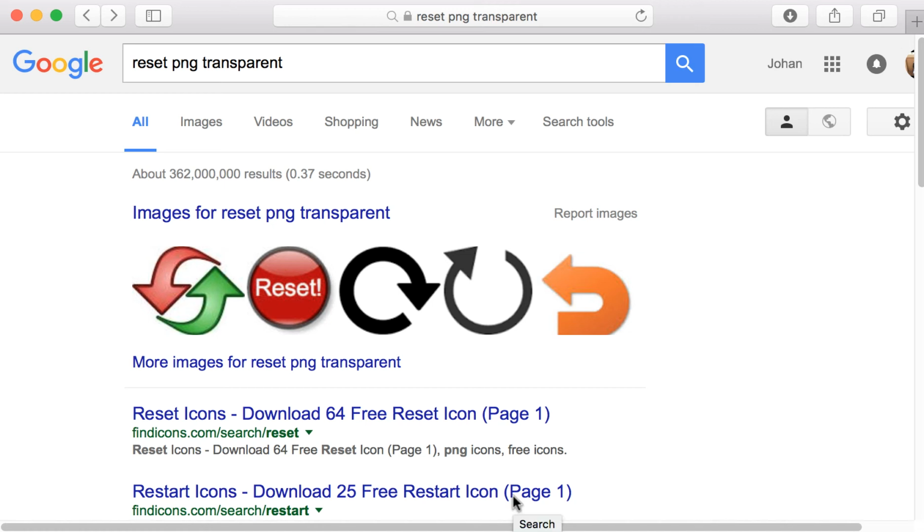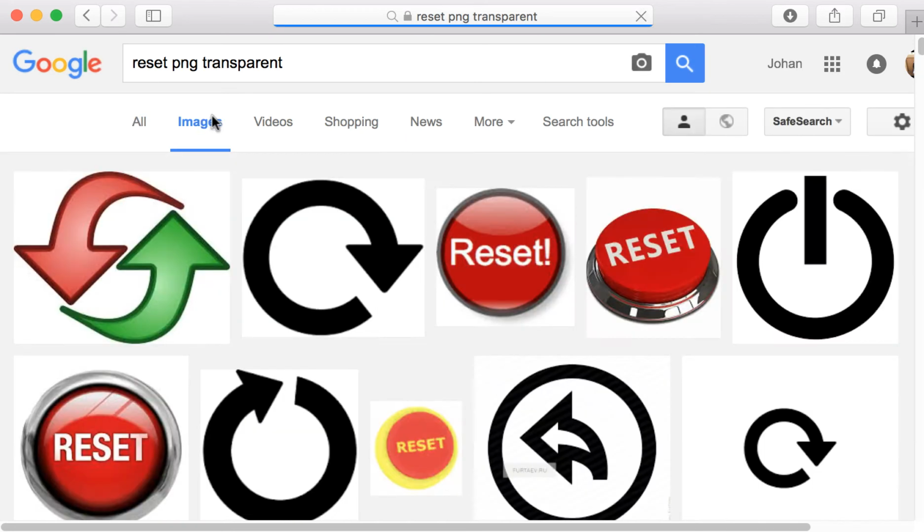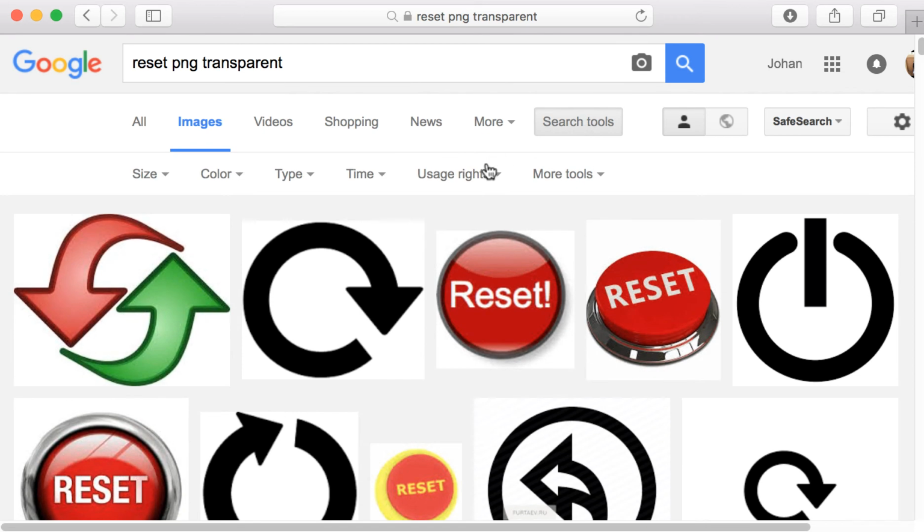In this video, I'm going to show you how to do a simple alert dialog. So there's one picture that I'm going to use in this specific example, and the picture you will find, just go to Google and search for reset PNG transparent, and then it will give you images that look like this. Go to images, and a nice thing that you can do is to go to search tools,